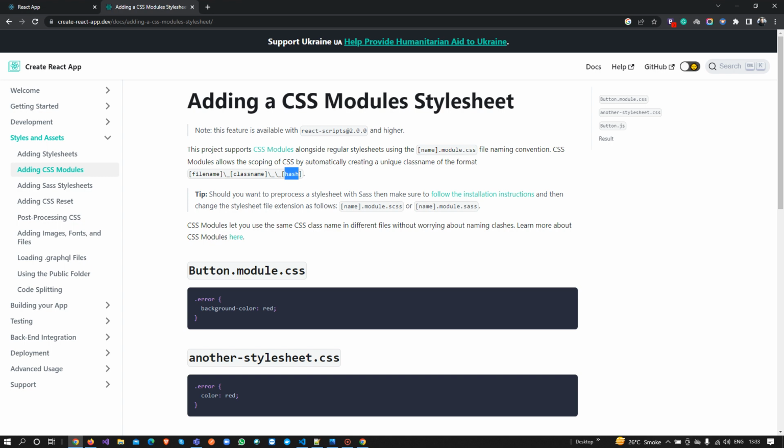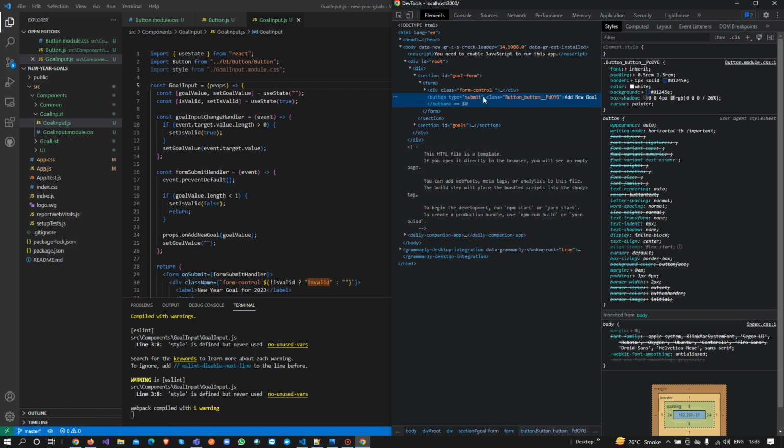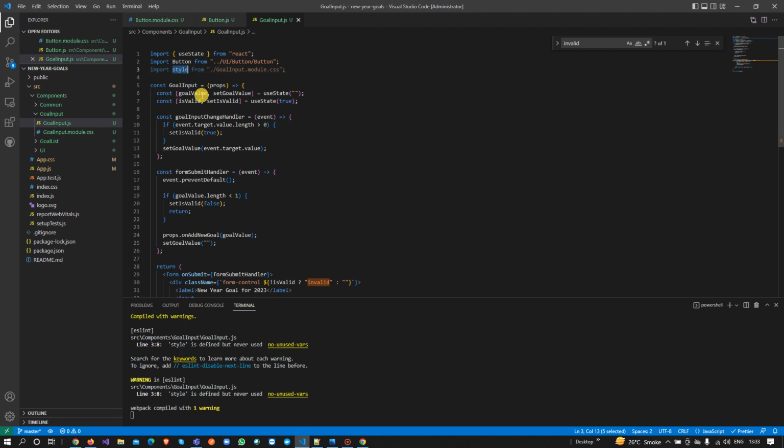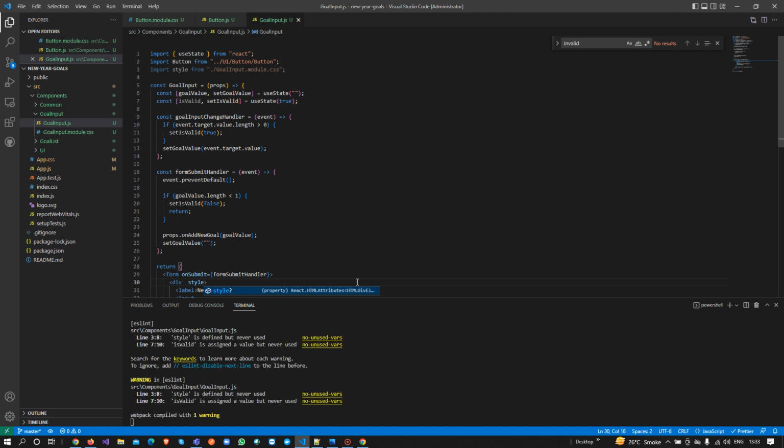So that is good. And also one important thing, it will keep the styling as is. It is only going to change the file name. Our style is working fine. There are no changes in the style, but it's only going to change the name of the class name, which is good. So now if I go here, I need to remove all this, and I'm going to say style,